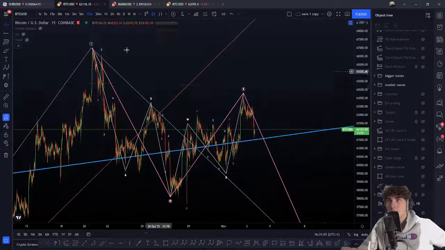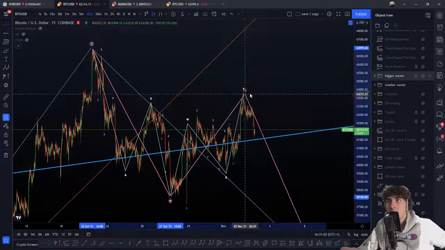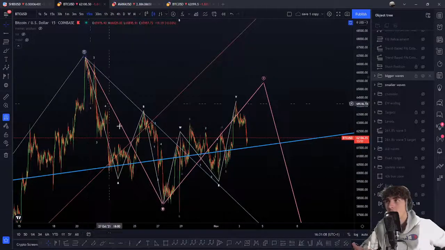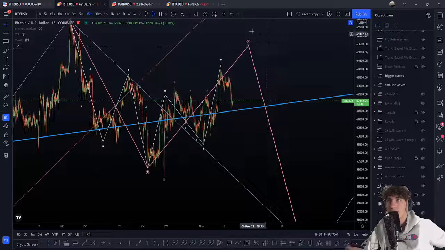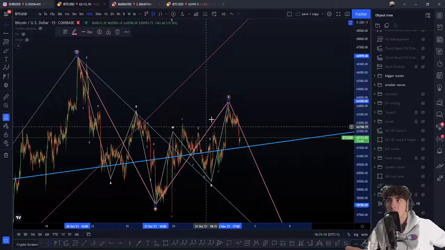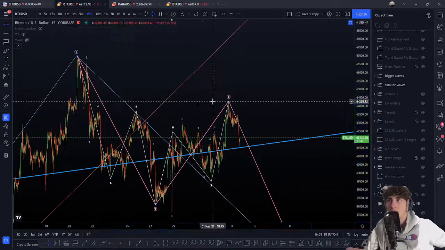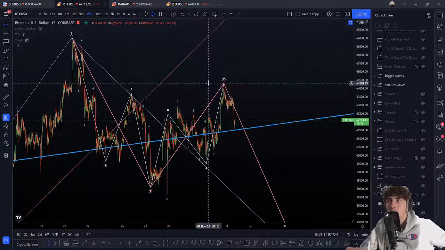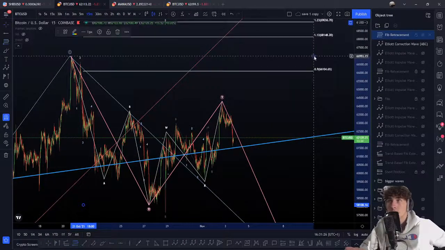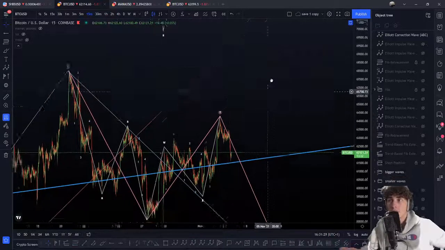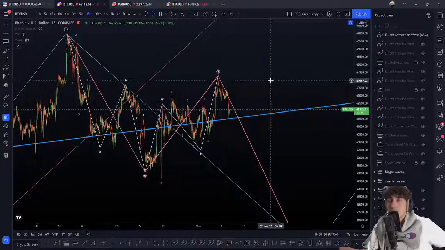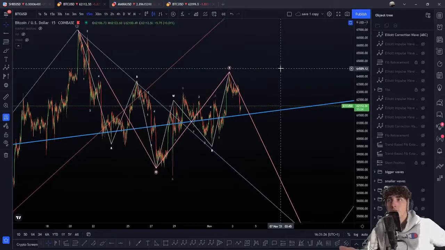So the thing is that this can be, for example, not a WXY here, okay, X retracement. That can be an ABC flat, for example, because we have three waves inside, and then we should get 5 waves. That was an ABC flat. But here with the retracement we have done, and with smaller waves, normally the top of the X wave here, I will place more at WXY simply because, first of all, the retracement for a flat is not there. We have to reach 90% or 123, so that's not reached. So that's why I will place more WXY here, and yeah, that's all. That's why I'm more with the WXY here.